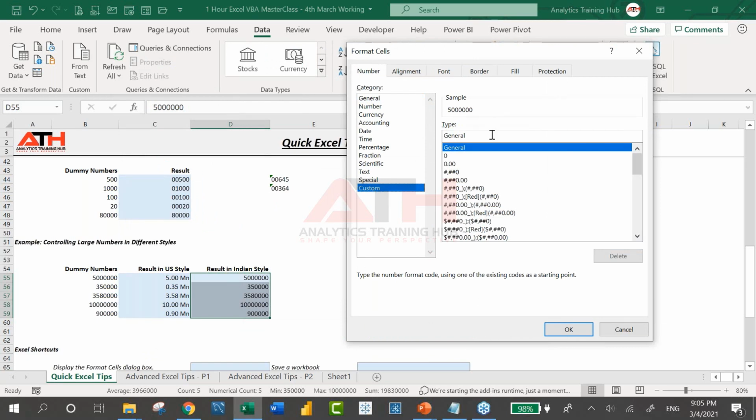So simply come here, we start with the square bracket. We say if the figure is greater than or equal to 1 crore, so 1 2 3 4 5 6 7, we have got 7 zeros in 1 crore, then I would like to see it in this format.